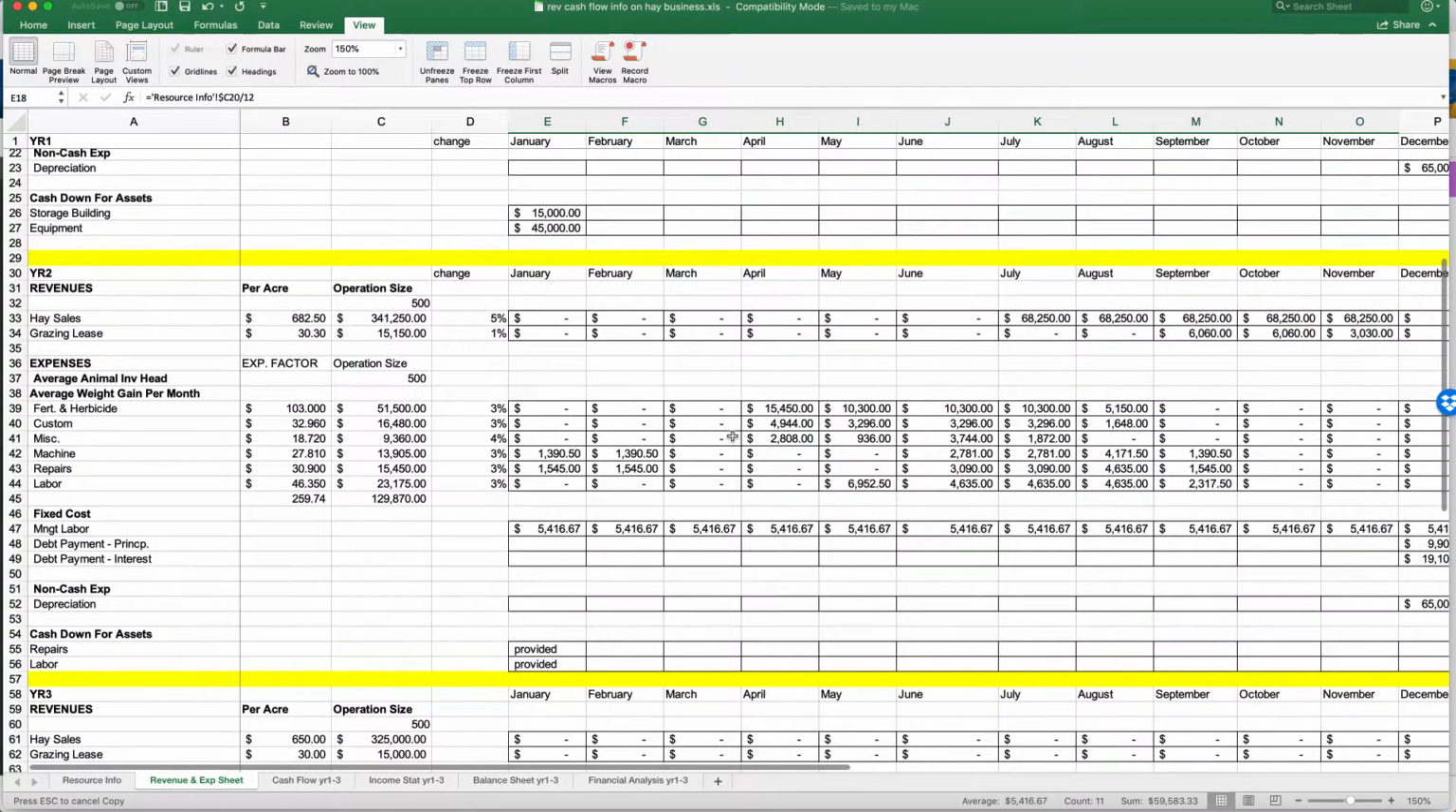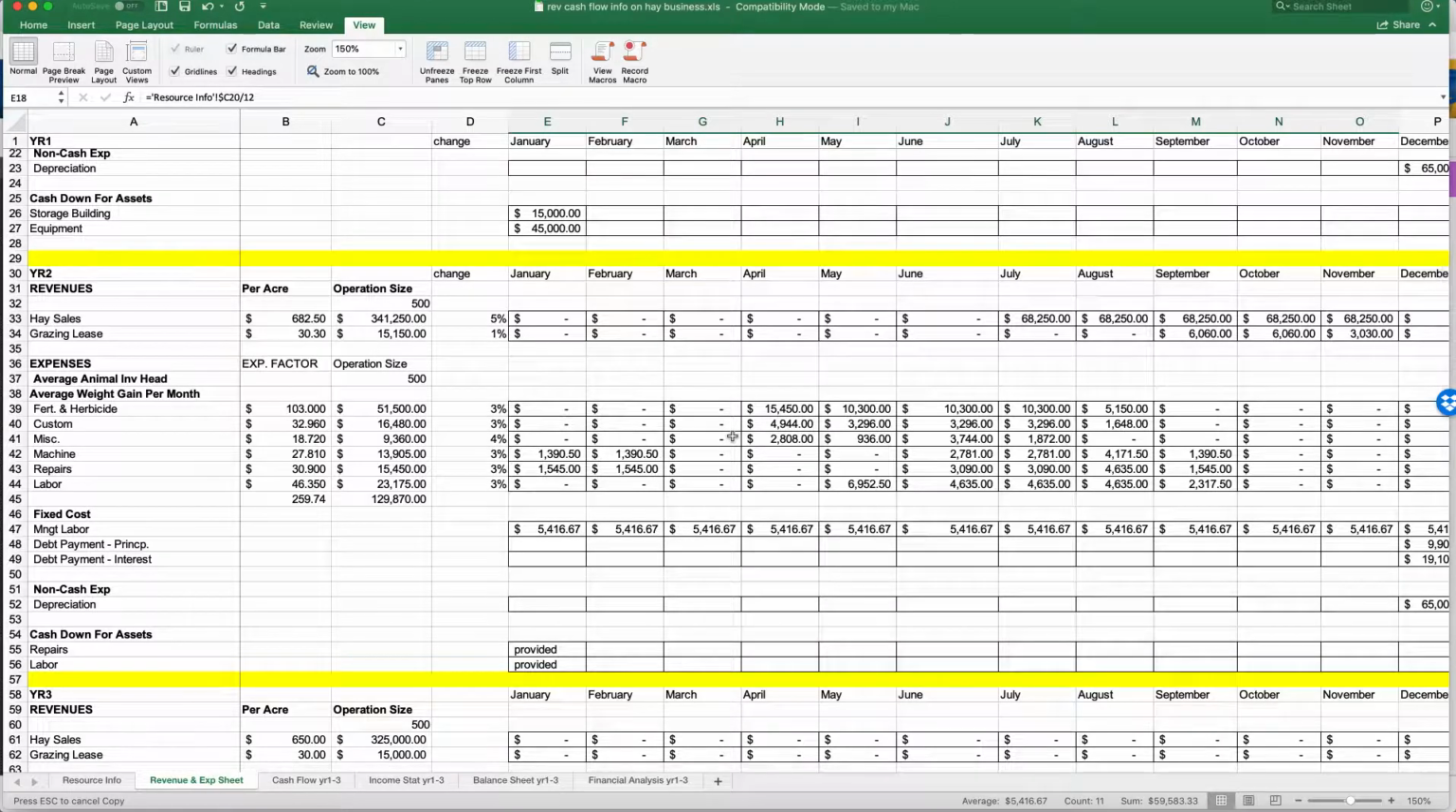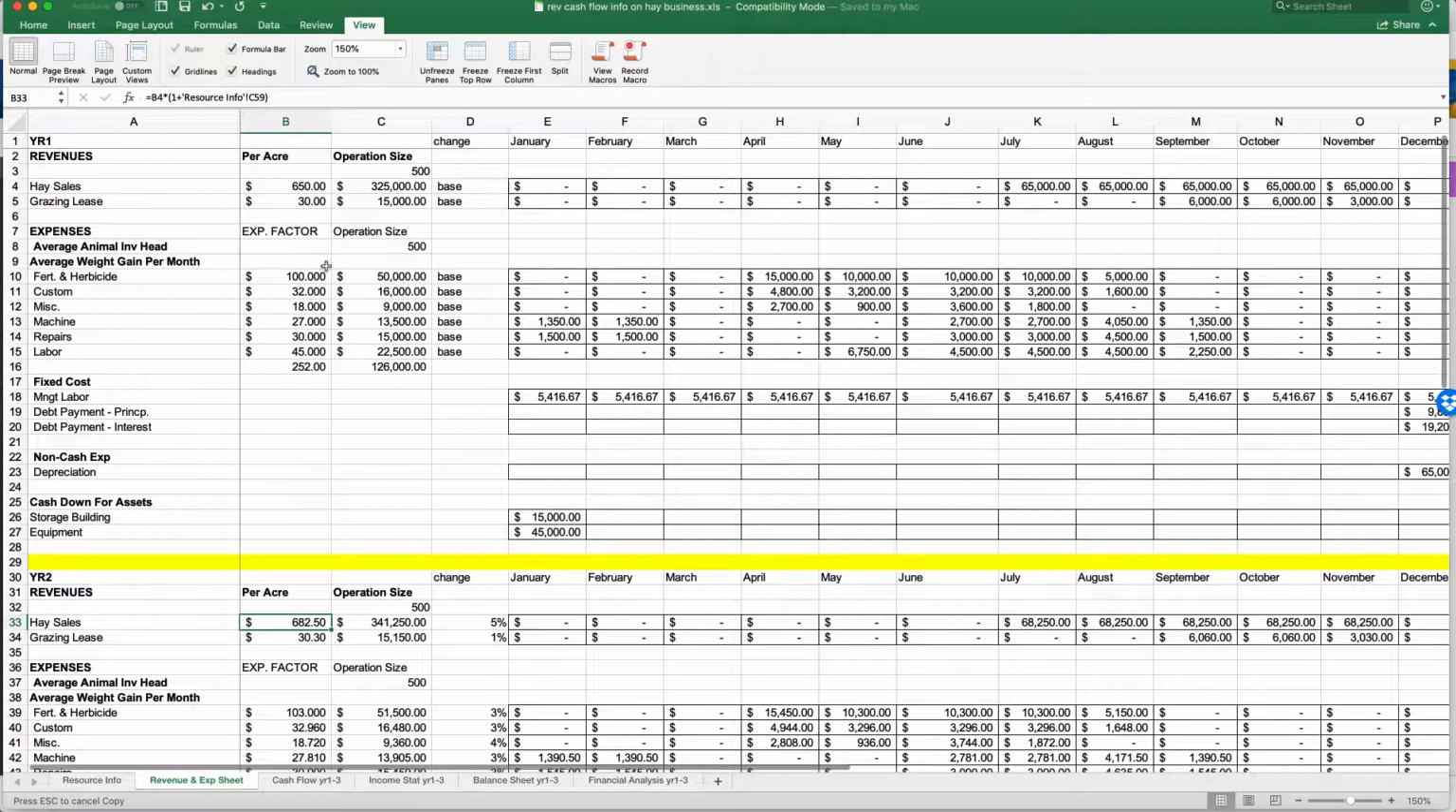That's where the homework begins for you. So year 2, here's what I did. I basically went in here and made sure I had everything I needed. For example, our hay sales were $650 per acre. It went up to $682 per acre because we took where it started and we put 1 plus the growth